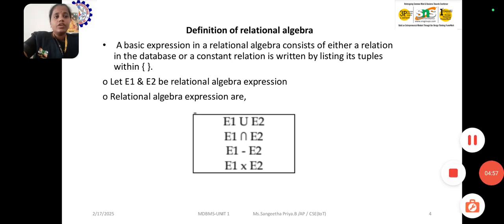Next one is the definition of relational algebra. The basic expression in relational algebra consists of either a relation in the database or a constant relation. A constant relation is written by listing its tuples within braces. Let E1 and E2 be the relational